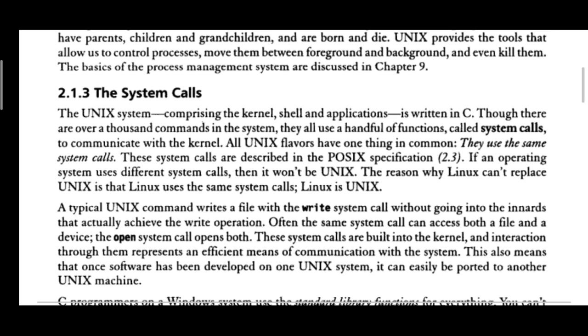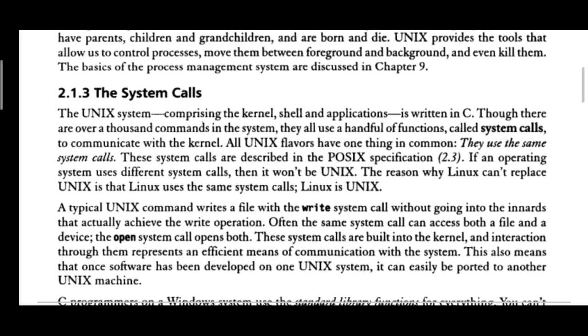So these system calls are used to communicate with the kernel. From the shell, if you want to communicate with the kernel, what is to be done? You have to use the appropriate system call as per your requirement. That's it. So that is shell interaction with the kernel. The user can interact with the shell, and from the shell we can interact with the kernel.